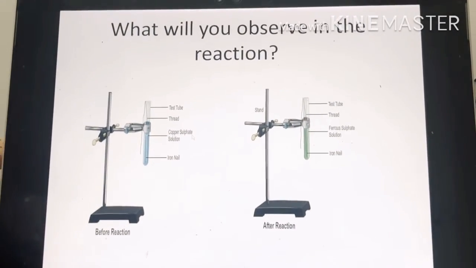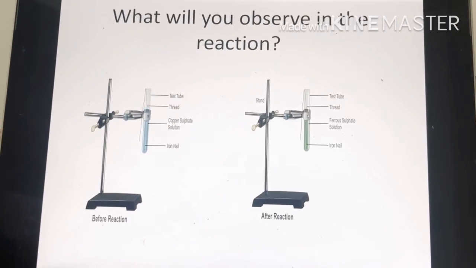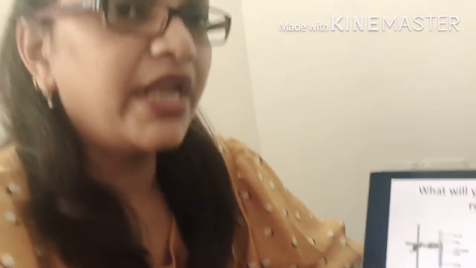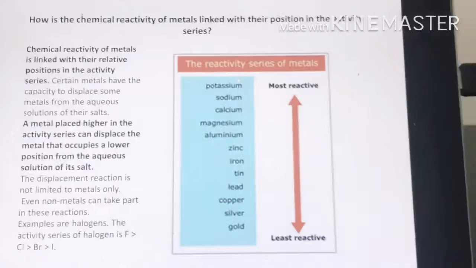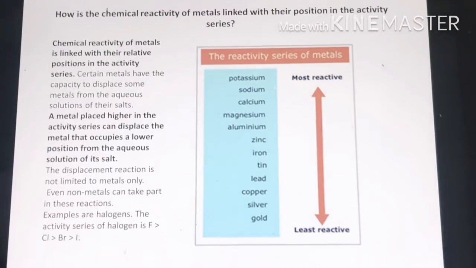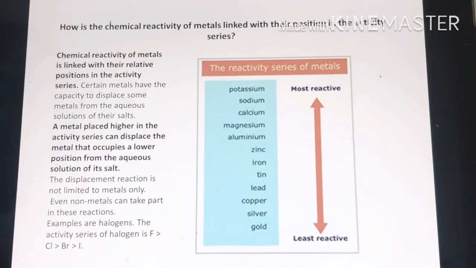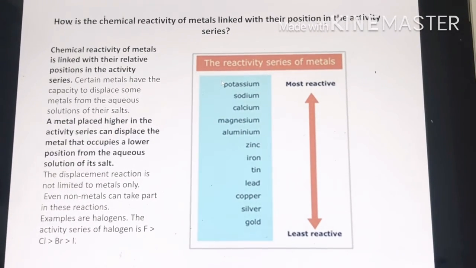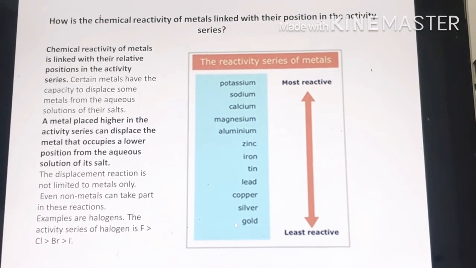But did you ever think how you will decide which metal is going to displace the other? How are you going to know that the reaction will occur and this product will form? So don't worry for that. We have the reactivity series of metals for that. So you can look again here. This is the reactivity series where the metals are arranged in order of decreasing reactivity. So you can see here we have potassium at the top, which means it is most reactive. We have gold at the bottom, that means it is least reactive.